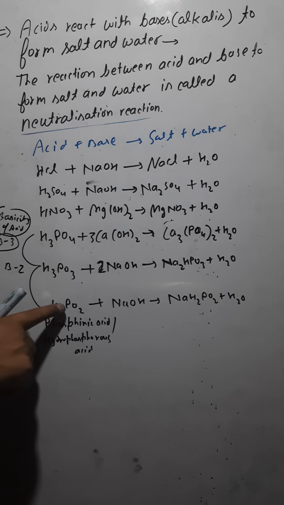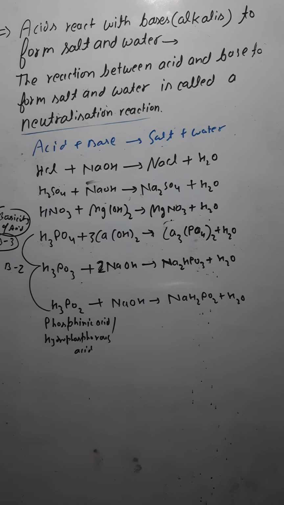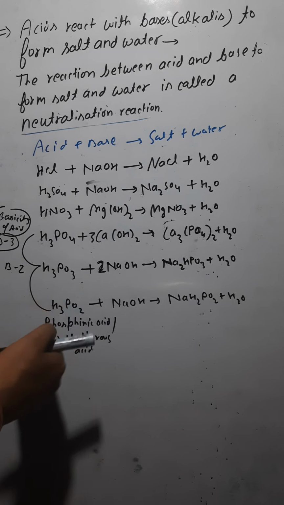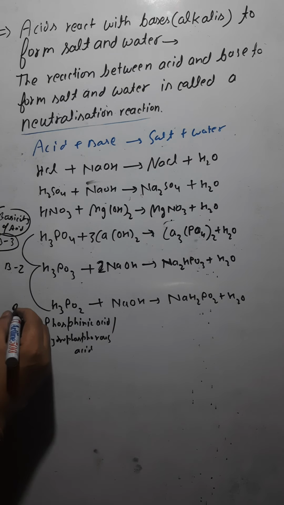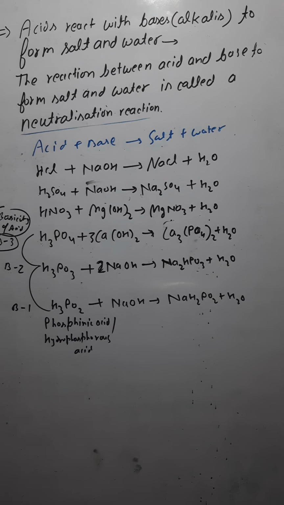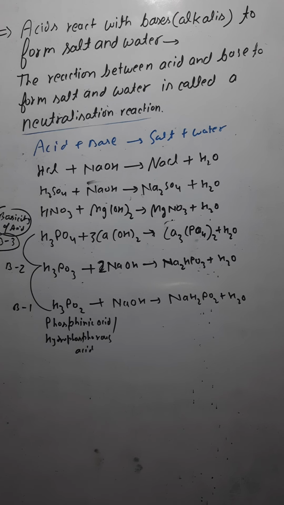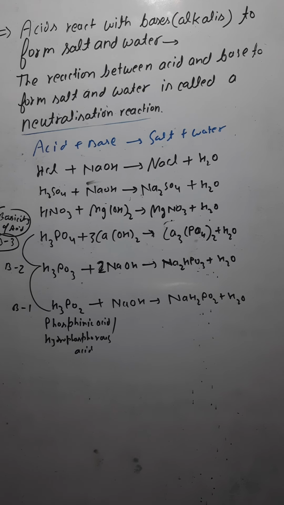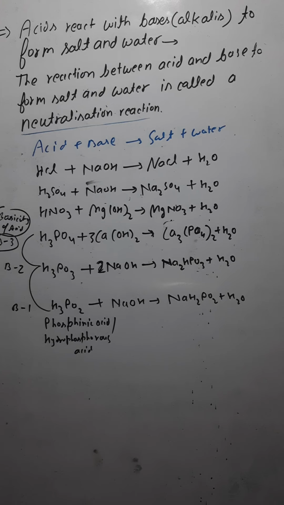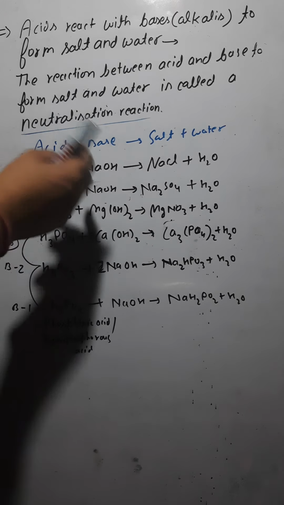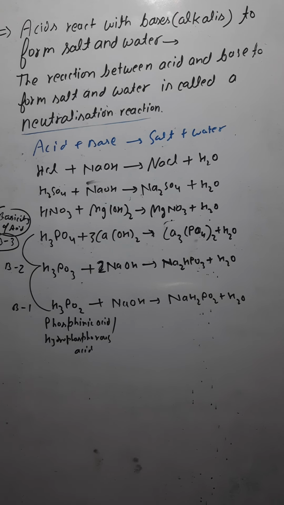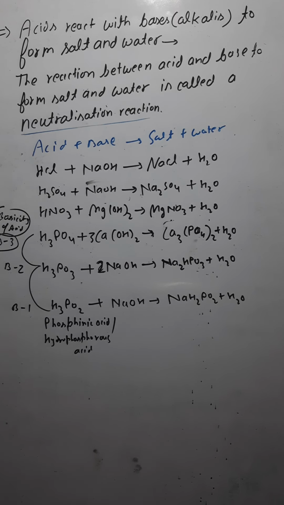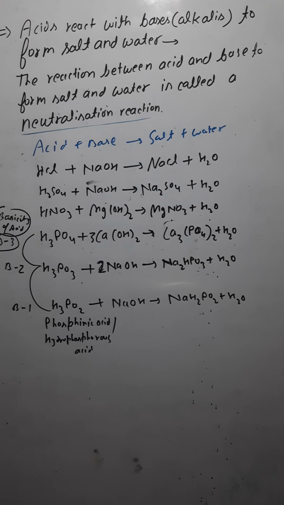And here this H3PO2, that is phosphinic acid, is going to liberate how many OH negative ions from this one base? I think only 1. So the basicity of this would be 1. So this is how it can also be asked about the basicity of the acid. Here also, after balancing the equation, you can find out the basicity of the given acid, isn't it? Okay. Just note it down. Then afterwards we would be discussing the next property.